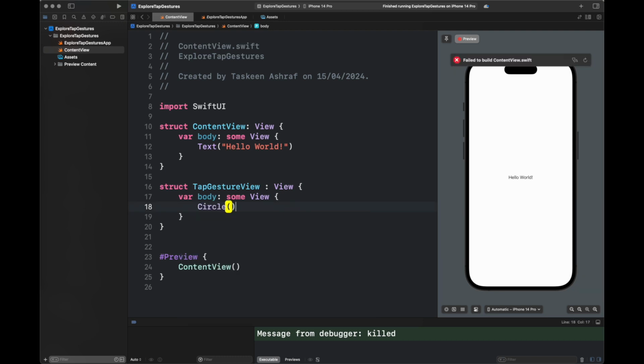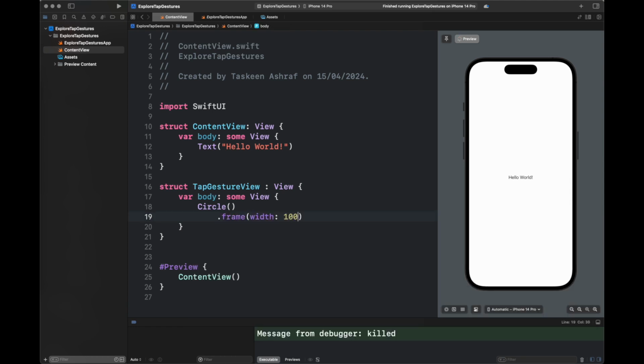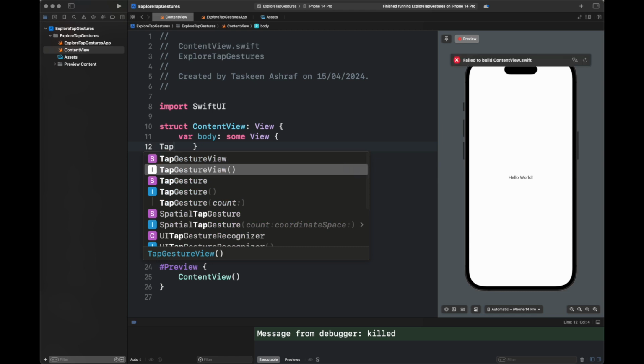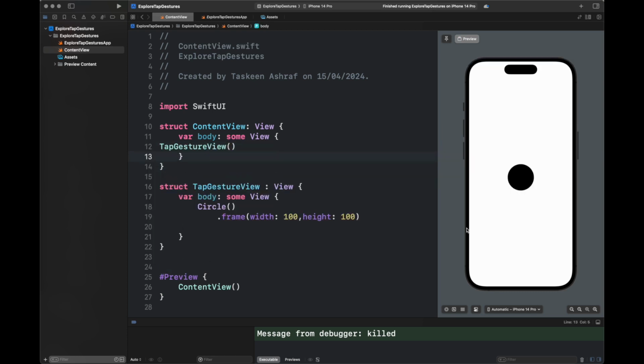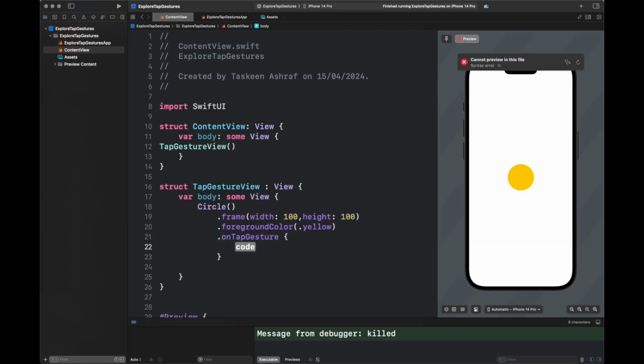For that, I'm going to first create a view which will contain a circle of a certain frame width and height. And then I'm going to pass this TapGesture view inside the content view so that we'll be able to see how the UI is being built up inside the preview on the right hand side. Now here I'm adding the foreground color, which is yellow, to our circle, and then I'm going to add the onTapGesture. What we are going to do inside the tap gesture: